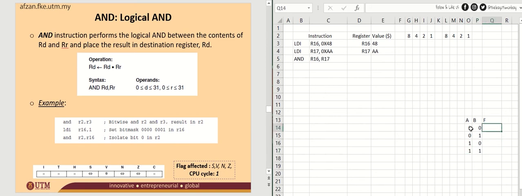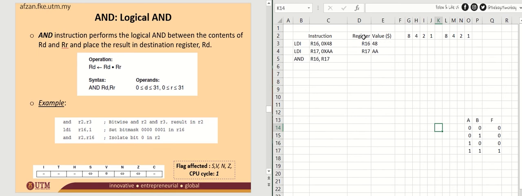When 0 AND with 0, what is the output F? 0. 0 AND with 1 you get 0, 1 AND with 0 you get 0, while 1 AND with 1 you get 1. So this is the truth table of logical AND. Now since you're going to do the AND R16, R17,